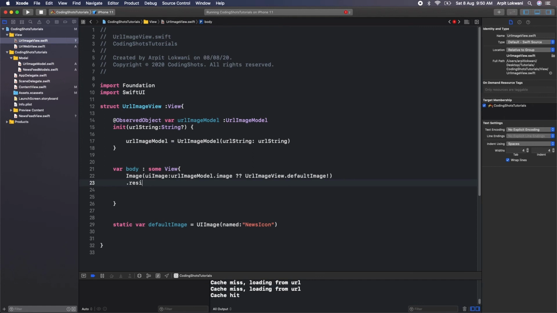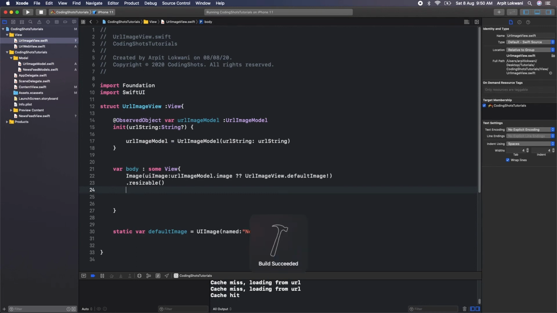Why is it not coming, resizable? Okay, and some issues there. Let me build it. I think my Xcode is not working properly, so let me complete it at least. Although it's lucky I remember all these syntax from typing many times.